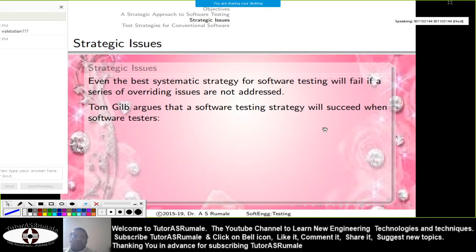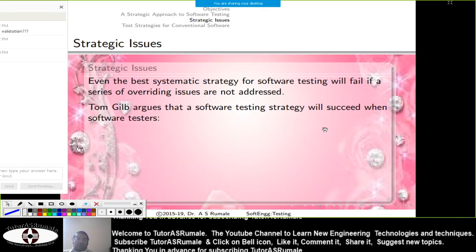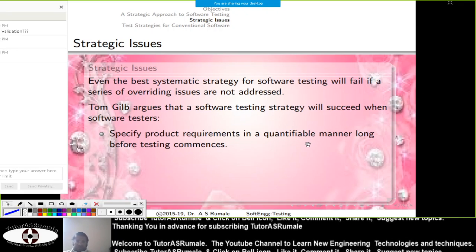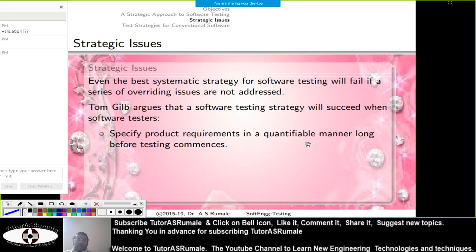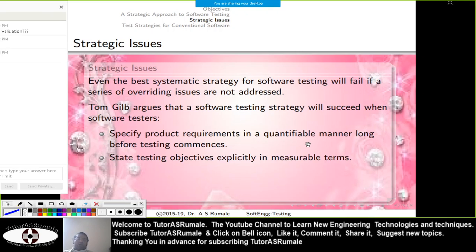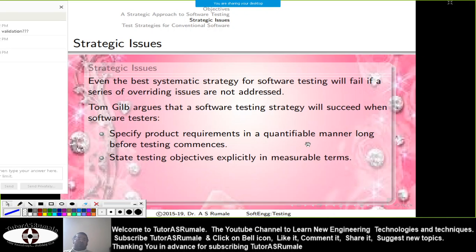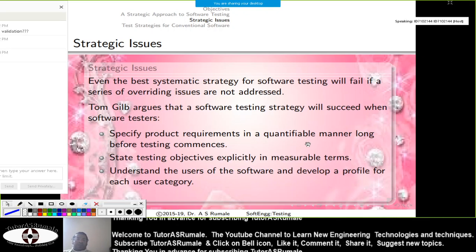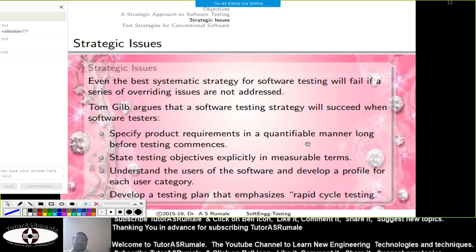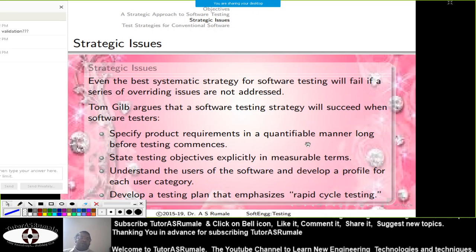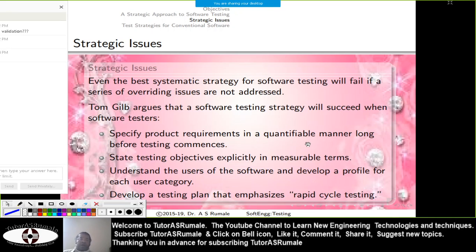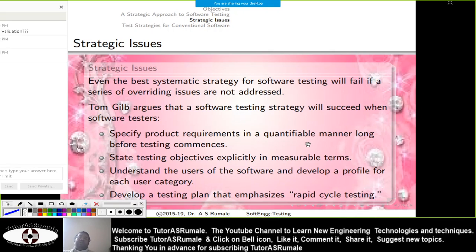The first issue: Tom Gilb argues that a software testing strategy succeeds if software testers specify product requirements in a quantifiable manner, state testing objectives explicitly, understand the use of the software and develop a profile for each user category, and develop a testing plan that emphasizes rapid cycle testing. Rapid cycle testing means that whenever required, you need to test the software.